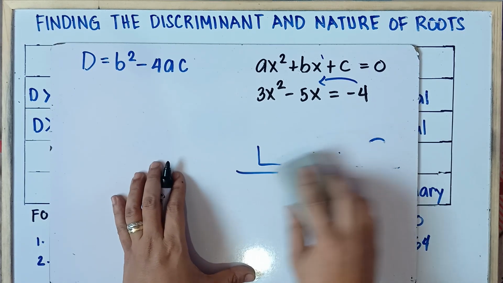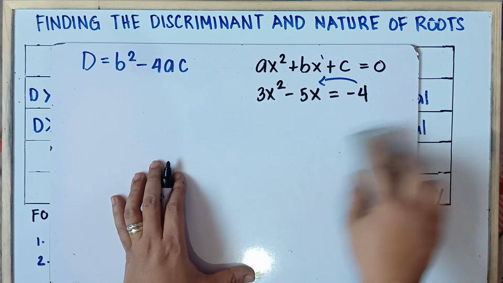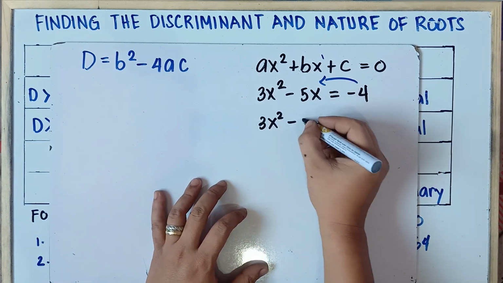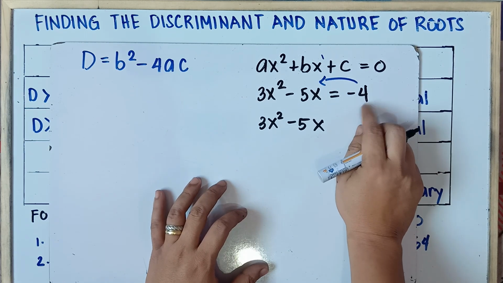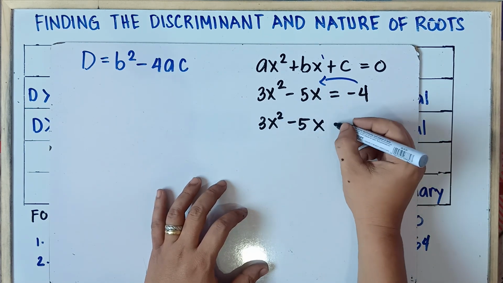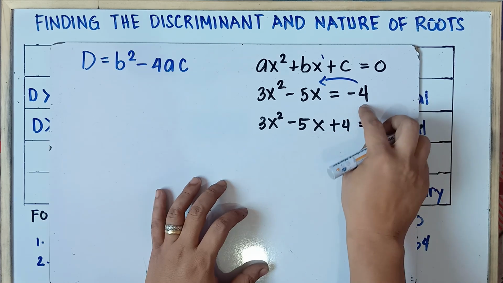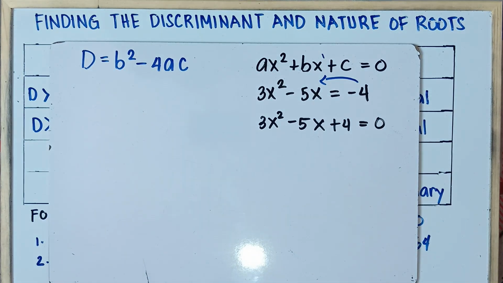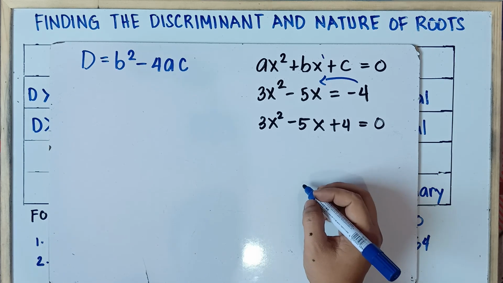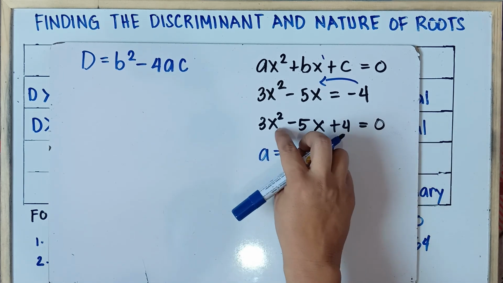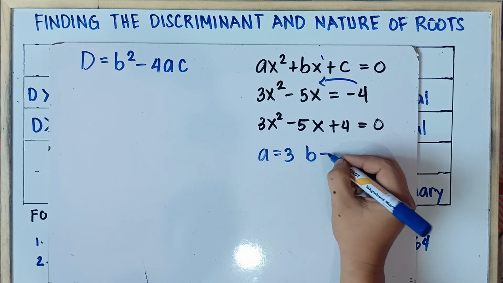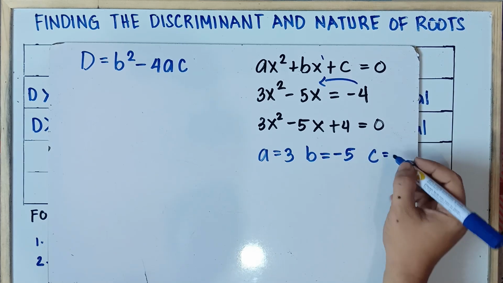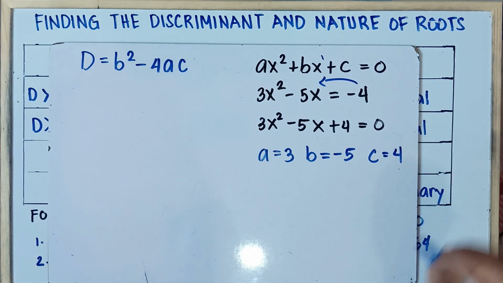So, transpose 4. Once again, class, be careful, class, with the equation. Always check the equation, class. So, this will be 3x squared, copy, minus 5x. This is negative 4. Once we transpose, you change the sign. It will be positive 4. So, negative 4 transpose, it will be positive 4, then equals 0. Is it arranged? Yep, it's already been arranged. So, we find now the value of A, B, and C. Our A is beside x squared, that would be 3. Our B is beside x, that would be negative 5. And our C is the number, that would be positive 4.